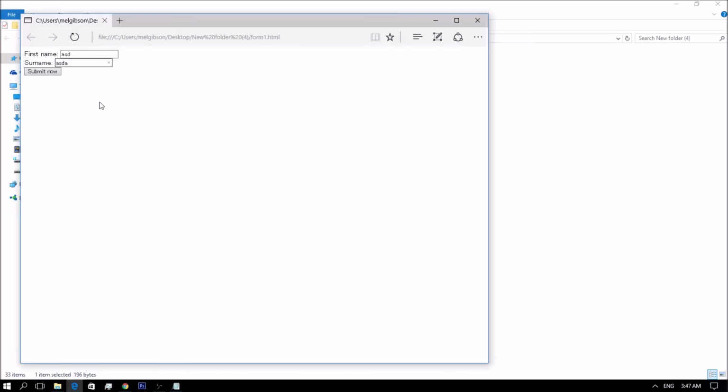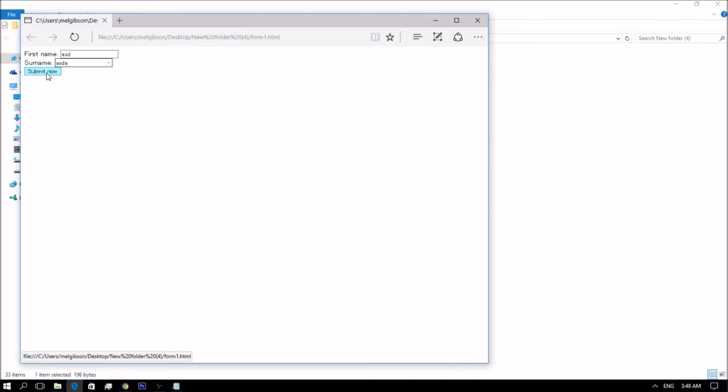So a user visits your web page which contains a form. The user's web browser displays the HTML form. The user fills out the form and clicks submit. The browser sends the submitted form data to the web server. A form processor script running on the server processes the form data.